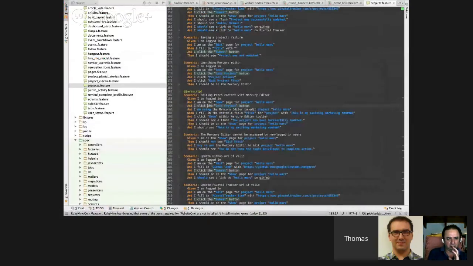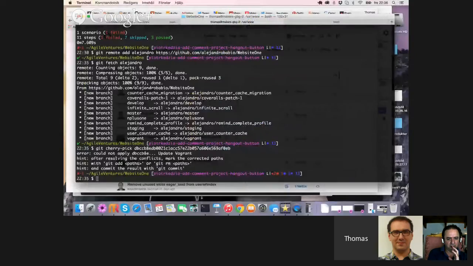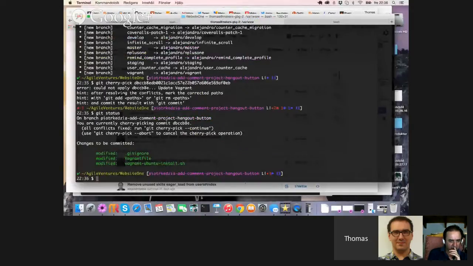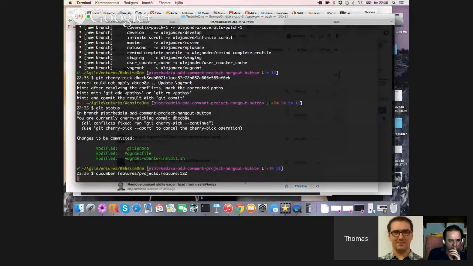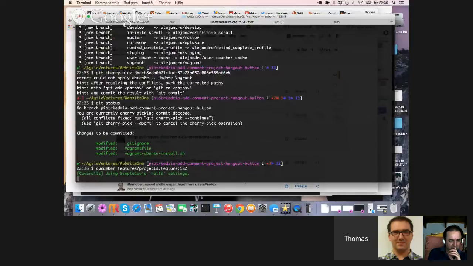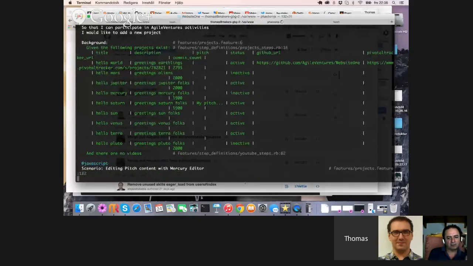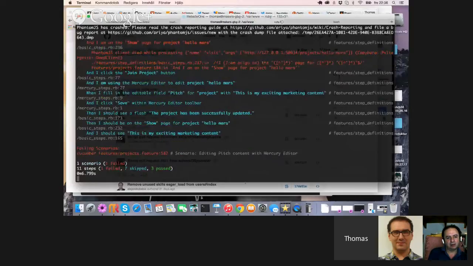Okay. So git. Yeah. So let's just run this test again because those changes are merged in, and see if that helps. Yes. No, it did the same thing actually.